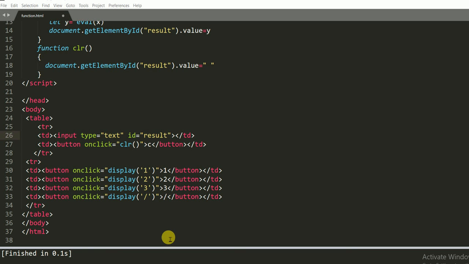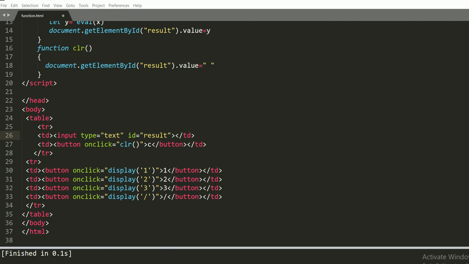And we need to give a better way to represent a calculator. So I am using some HTML and CSS for that. So I am trying to give a look like a calculator, using the table tag and inside it tr and td tags, so we can make a calculator with the help of them.